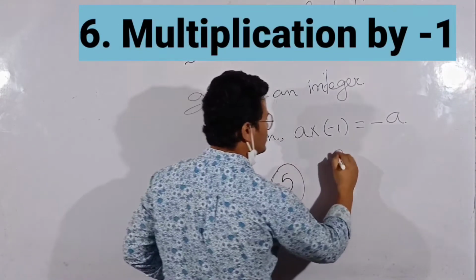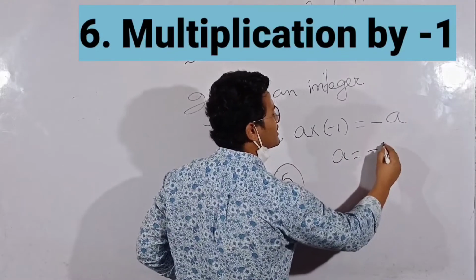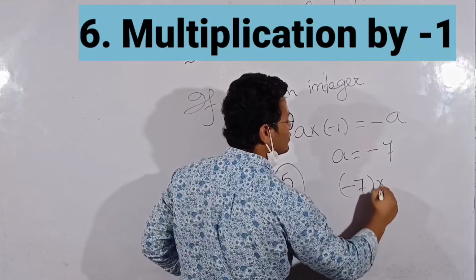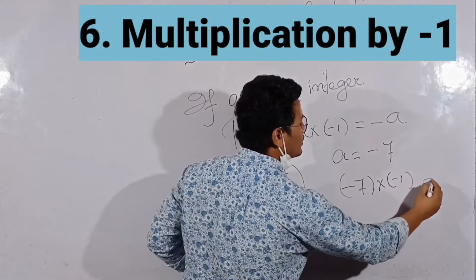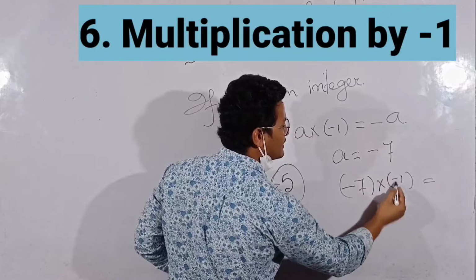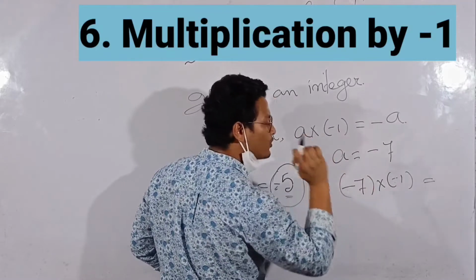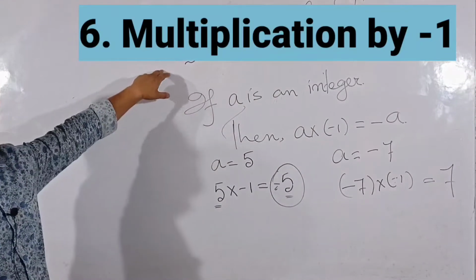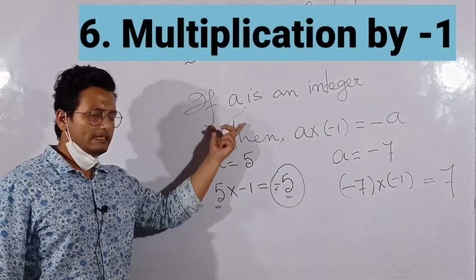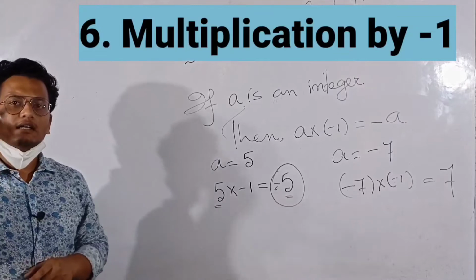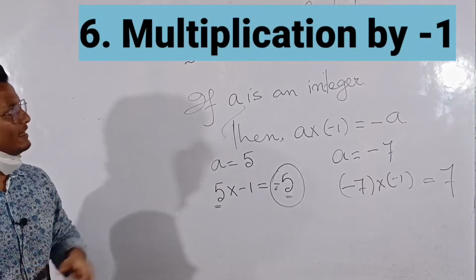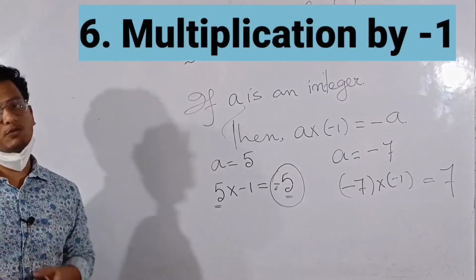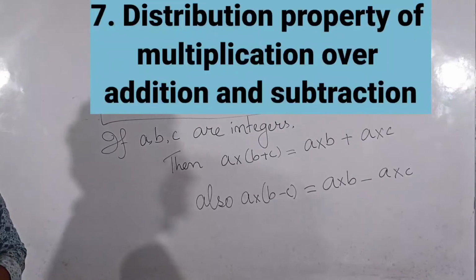Now if we take a is equal to, say, minus 7, then minus 7 into minus 1 is equal to what? Here the sign is negative, so it will become positive 7. That is, when multiplied by minus 1, the integer will remain the same but the sign will change, and that is multiplication by minus 1. Now students, let's come to the last property,